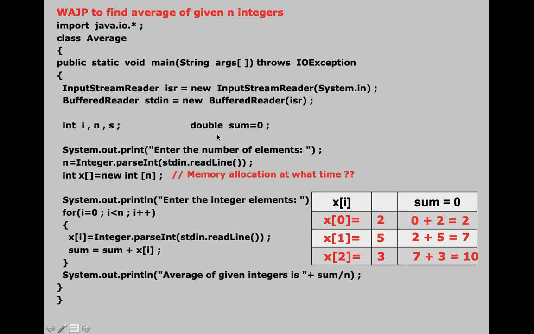Now coming back over here, as I told you, some of you may have a doubt about why sum is of data type double. In our example, sum turned out to be 10, which is an integer. So why did I take double over here? The answer is very simple. If I keep sum of data type int, listen to this carefully, then over here there will be a problem. n is an integer and sum is also an integer. Then integer divided by integer will give me an integer. So the answer will turn out to be 3 and not 3.3. So that's why I kept sum of data type double.